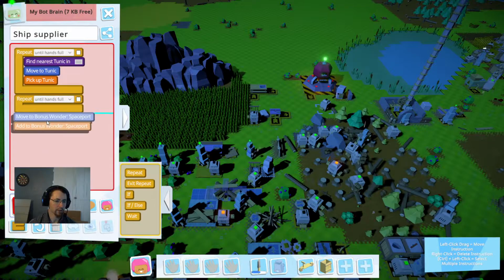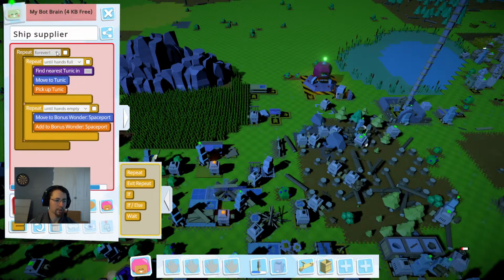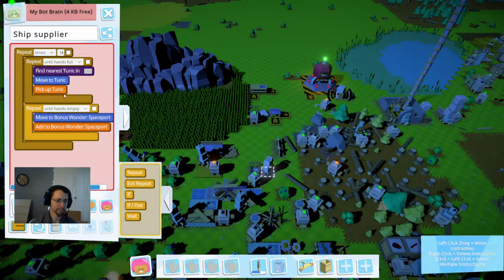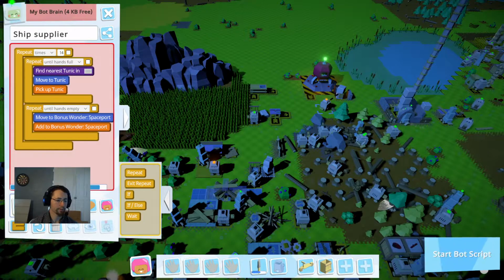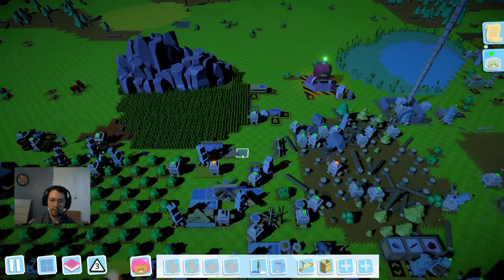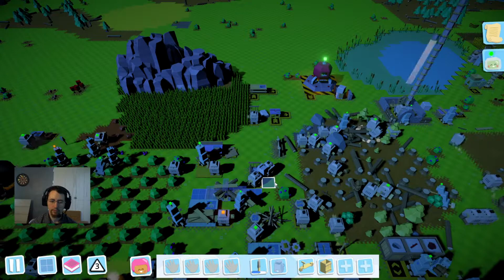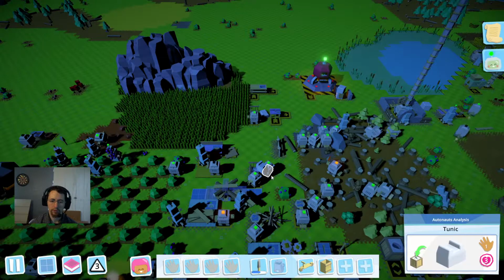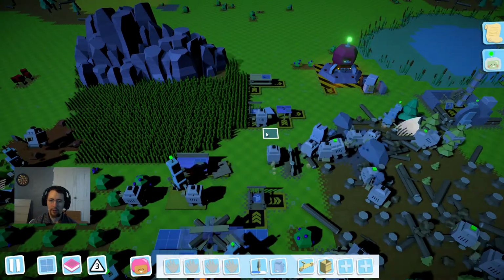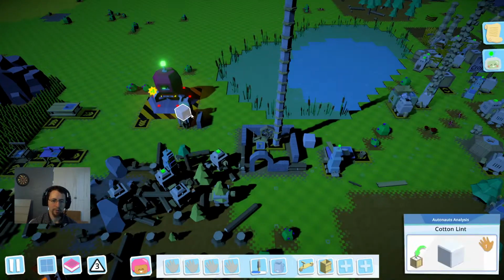So I'm going to go ahead and do that like so until hands empty. I'm going to do this 14 times. There we go. And he'll go ahead and do that, and that'll keep our bots busy. One, two, and three. Very good. And now they'll go ahead and start doing that, and that'll use up the rest of